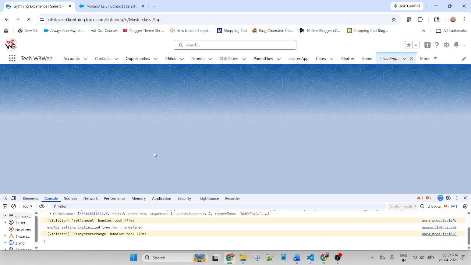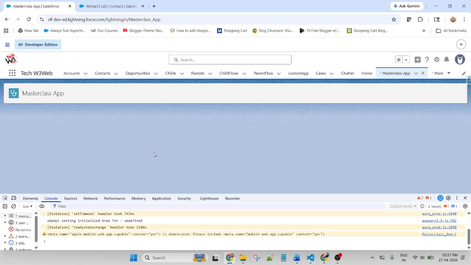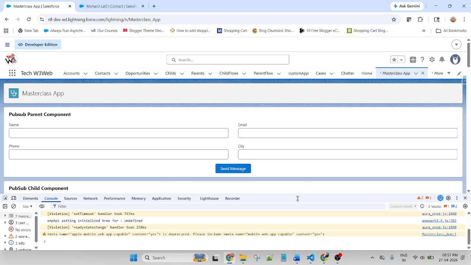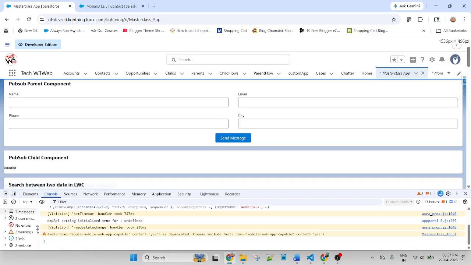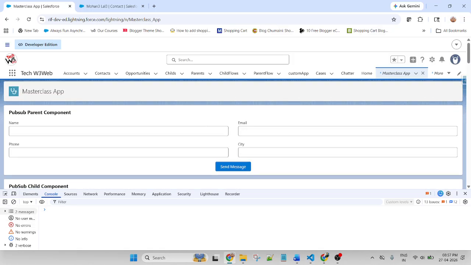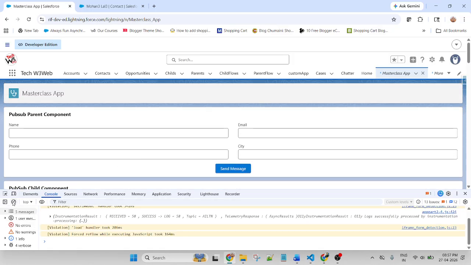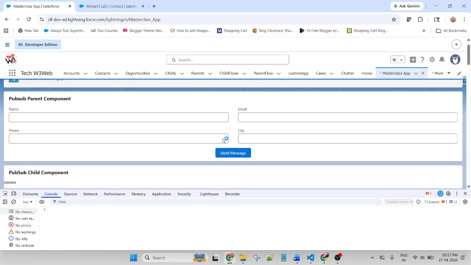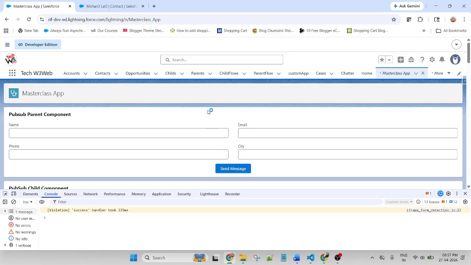Now let me refresh and check once again. Clear. So it is mandatory before jumping to the child component to check all of the data that I am sending.